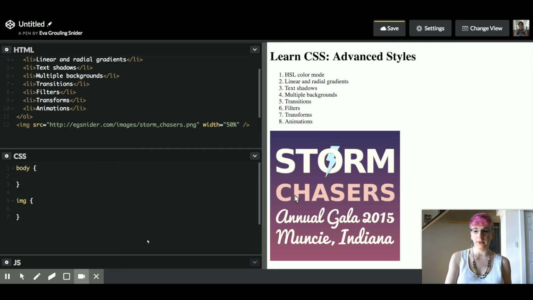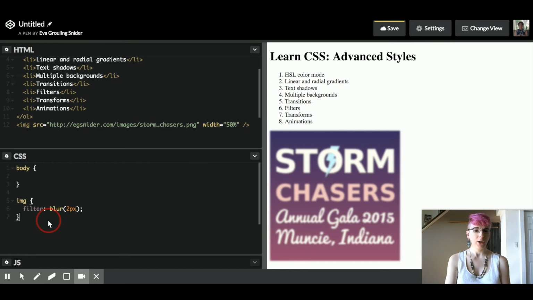And so I've inserted this image here, and I can set a filter using the filter property. And there's a number of different ones you can do. A really common one to do is grayscale. So you can turn your image black and white. You can also turn it sepia tone. And you can do things like apply a blur